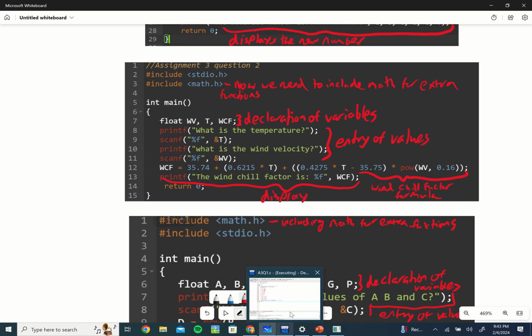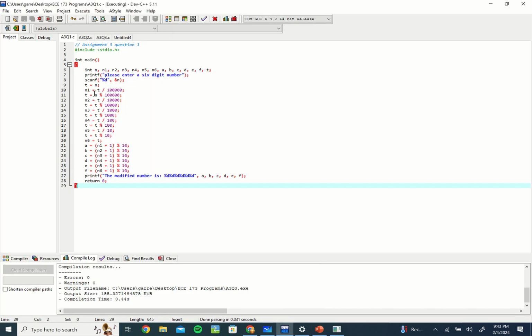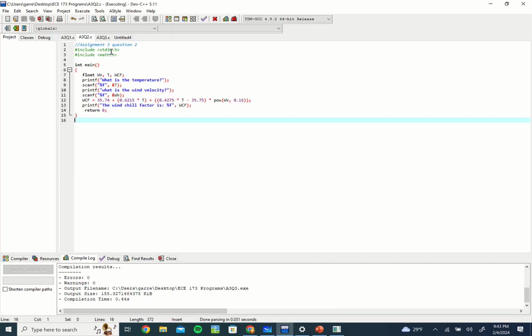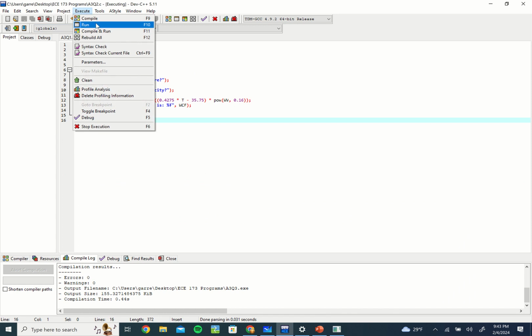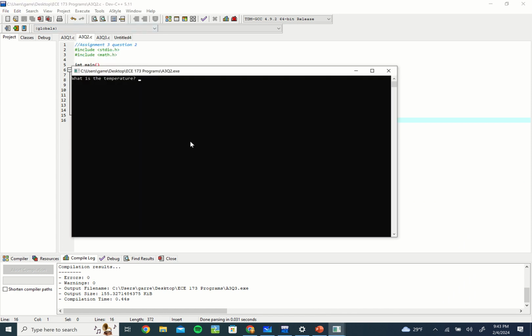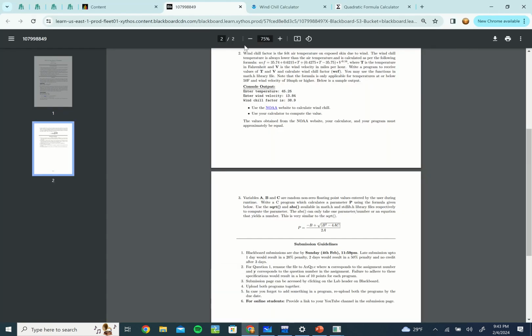So, let's try it out. And the temperature needs to be less than 50 degrees, so let's do 30 degrees. And the wind velocity needs to be greater than 10, so let's do 20, 30 and 20. So the wind chill factor is 17.4, rounding up. Now I can go to the website,